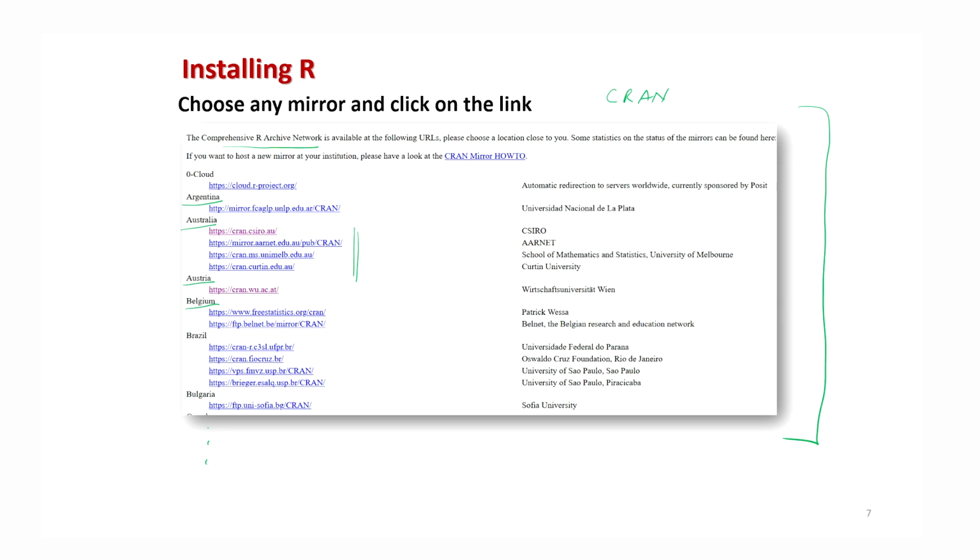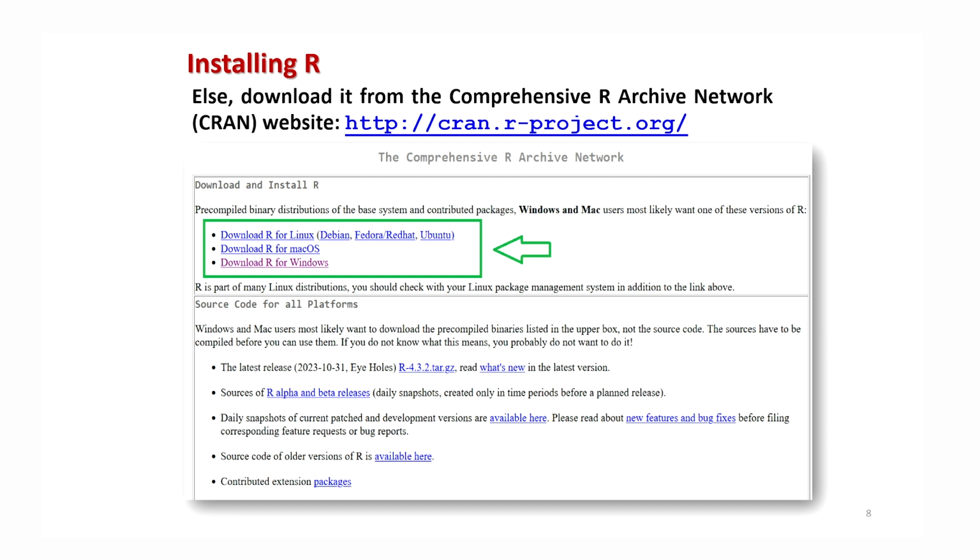That is why different institutions in different countries are hosting it, and their addresses are given here. You can choose any one of them. All the software is going to be the same. So whichever address you want, whichever country you want, you can just click on any one of them, and then you will come to this site, right.